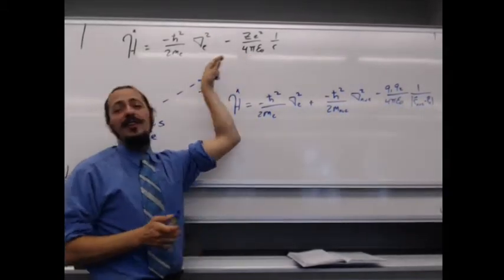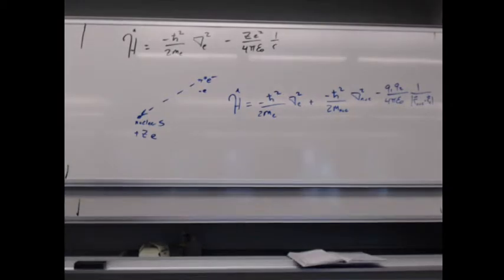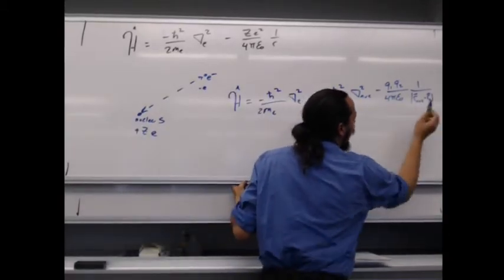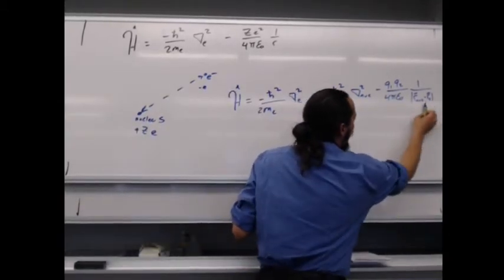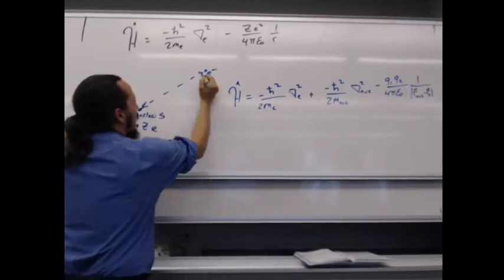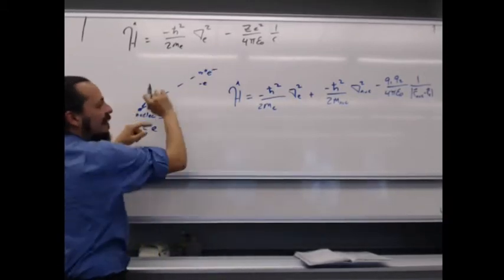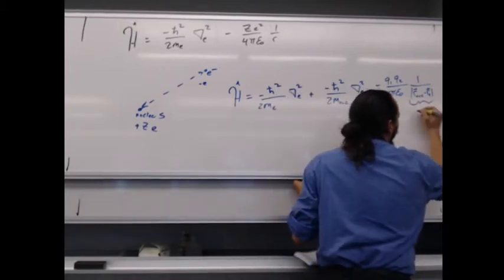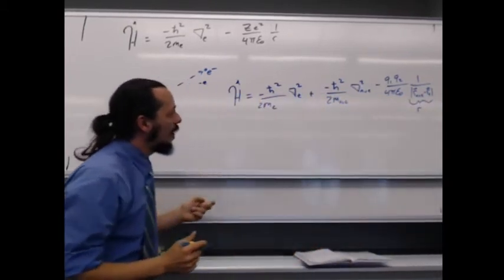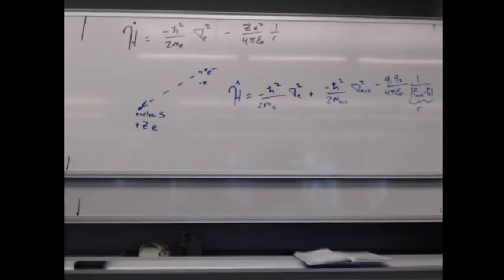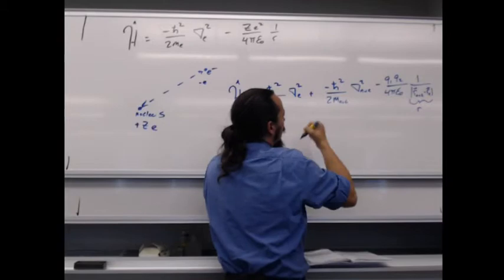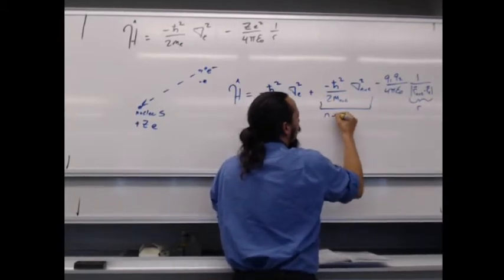The 4 pi epsilon naught, that's just a constant of space. We're not going to worry about that too much. And then we can look at this r nuke minus r electron. And that is essentially just going to be, if we looked at it in terms of this magnitude, we can just define like a new r from that distance. That difference in distance can be r. The thing we haven't been able to get rid of yet is this term here. So we can explain all of that away. But this term, the nuclear motion,